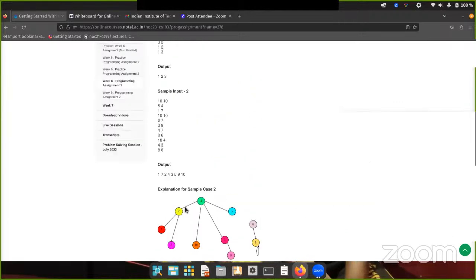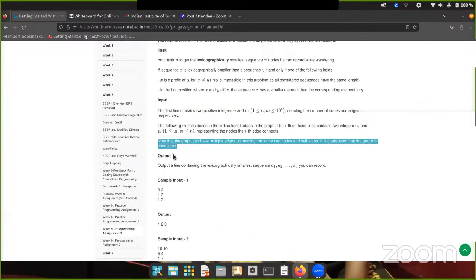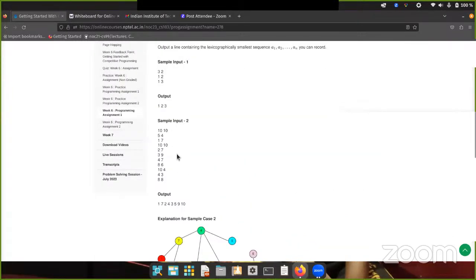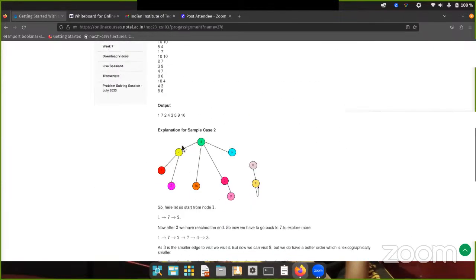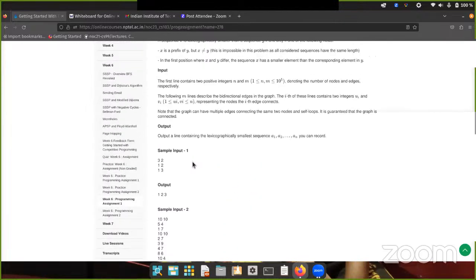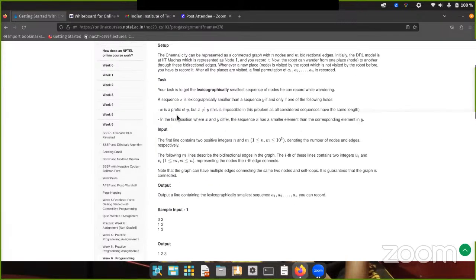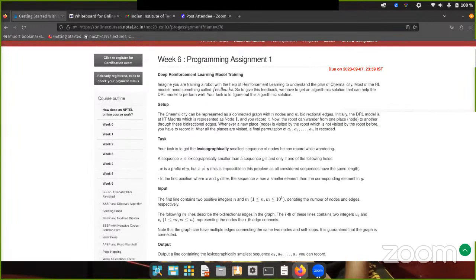The point is that the graphs actually need not be connected. I believe this note was added for no reason. Yeah, okay, Sarnath, we will update this. We will remove this last statement. Just explain the problem.